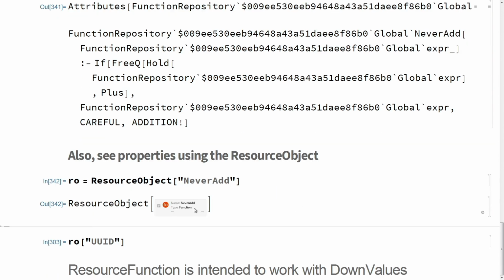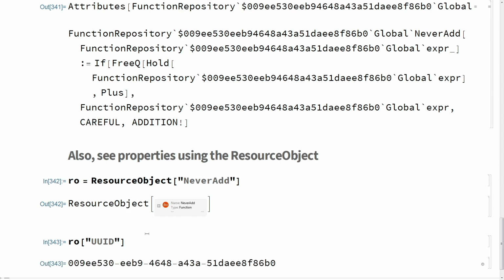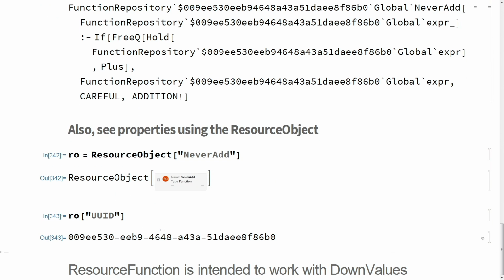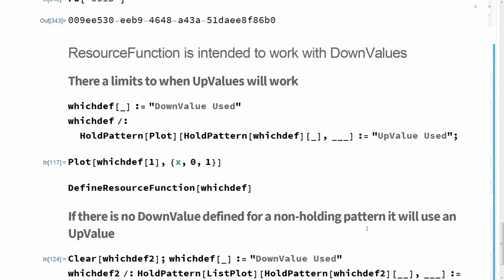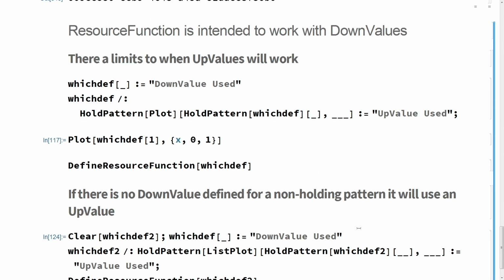I guess I already showed this. You can go to a resource object and use that to view properties as well. Since all I did was make this with define resource function, the metadata is not very filled out and very rich. One other note that's getting a bit technical, but might be important to some of you if you're planning on using this,